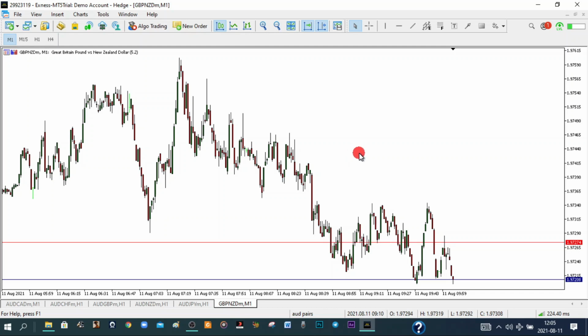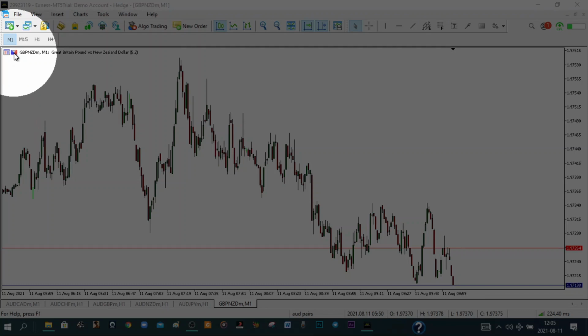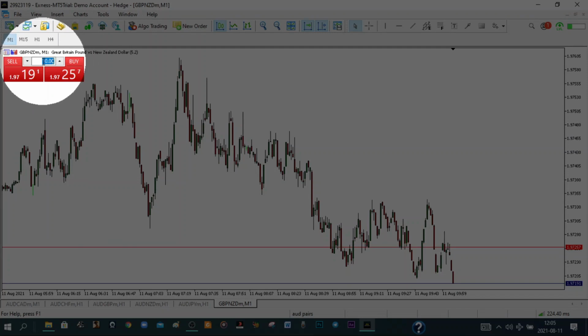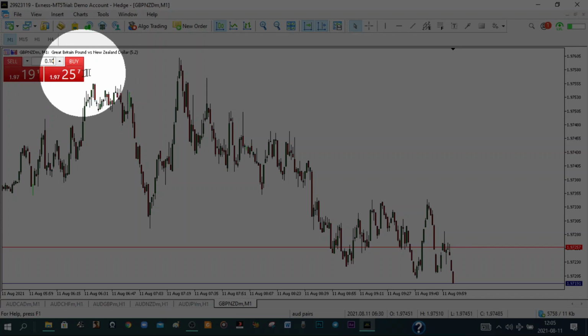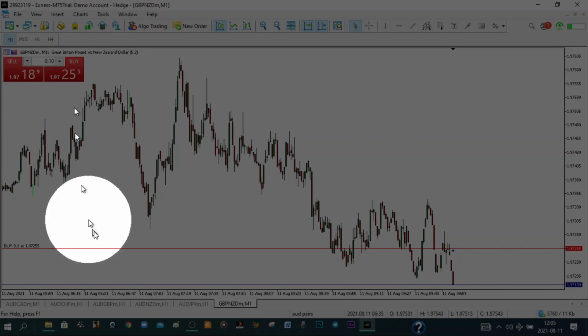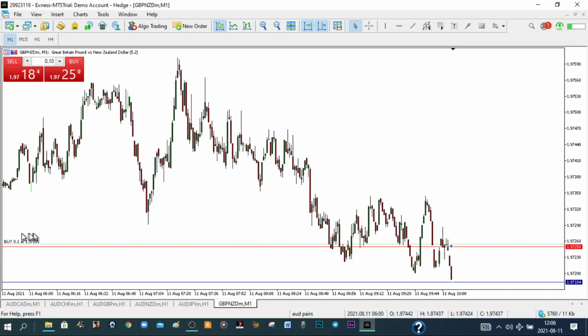Now, for an instant execution, you just set your lot size here. If I come here and left click here, I can set my lot size. Let's say I want to go with 0.1. I'll just type it, and then I will simply click buy here. Now, what you will find out is my buy order was executed at this red line, which is the ask